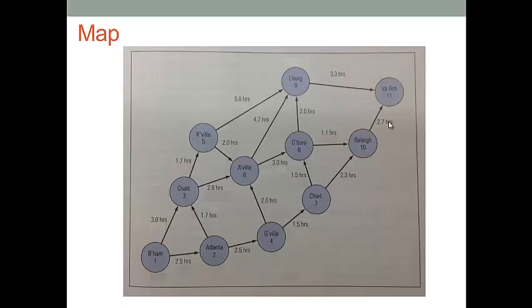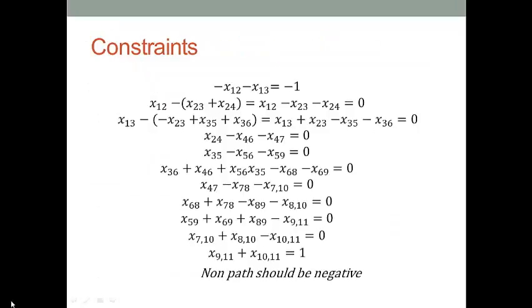That means x sub 10, 11 should be 0. 1 plus 0 is still 1. If we present these two constraints in a mathematical way, you can see here the first constraint equation and the last constraint equation. No matter if I travel from Birmingham to Atlanta or Chattanooga, the total of these two variables should be 1. Because Birmingham is the starting point, I want the total value to be -1 to indicate Birmingham is